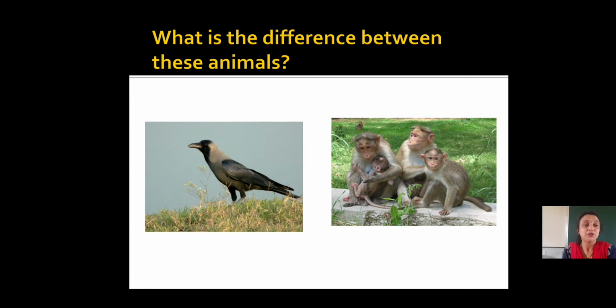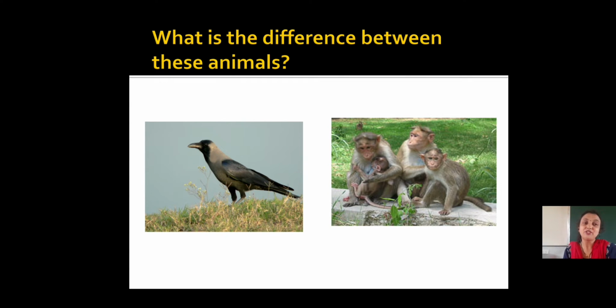We have shown you an example of a crow. Now, can you tell me what you see on the crow's body? Yes, the crow's body is covered with feathers. Can you see ears on the crow's body? Even though we cannot see the ears, this crow can hear. It can hear with its two tiny holes which are hidden because of the feathers on the body.